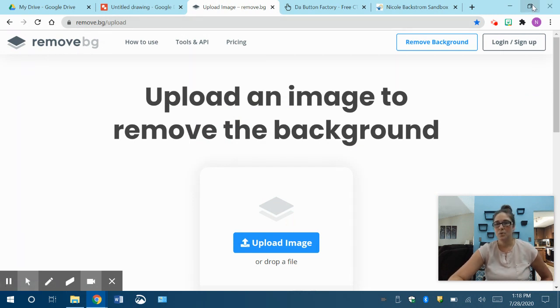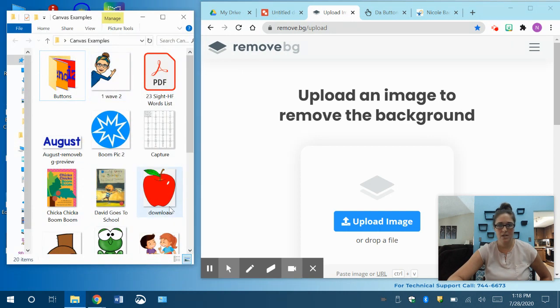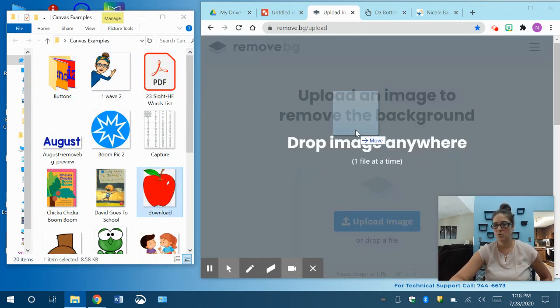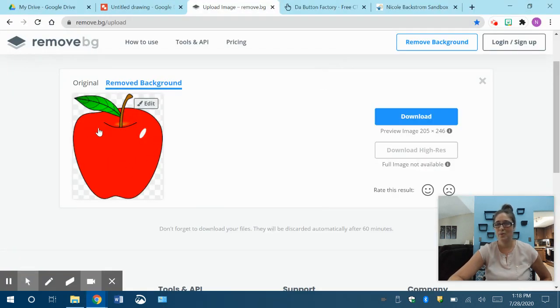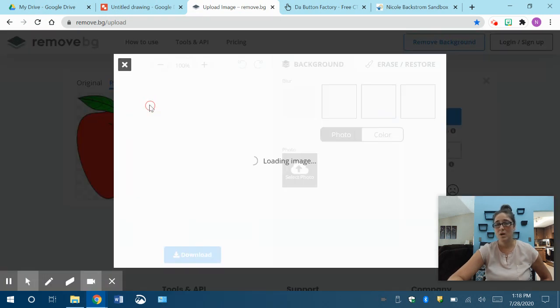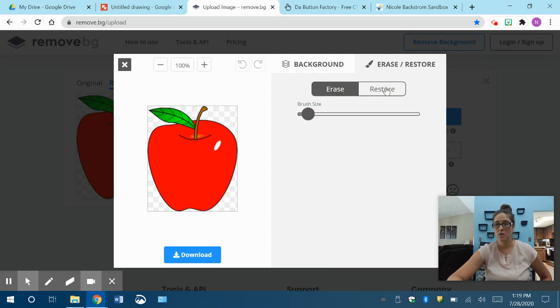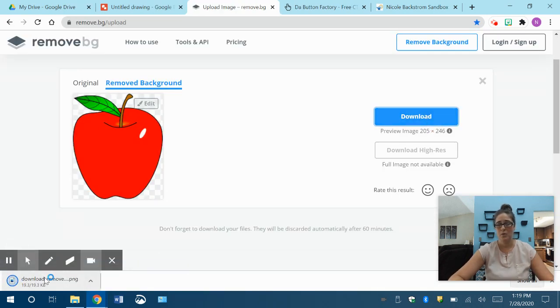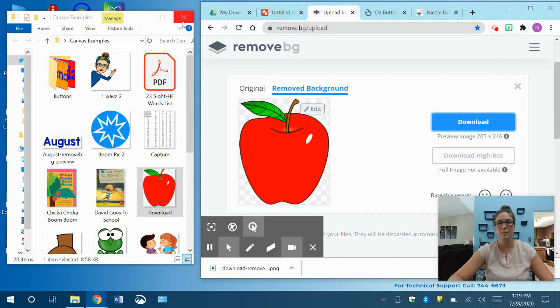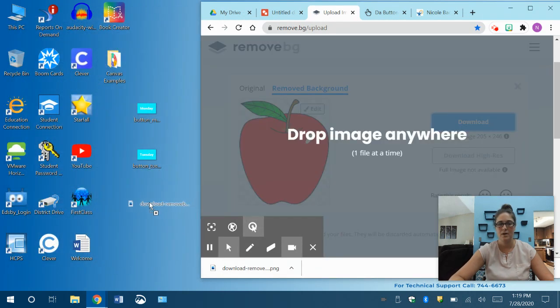Removebg, and it is pretty awesome. So let me pull up my image of that apple. All you have to do is take your image, drag it over, drop it in, give it a second to work its magic, and now the whole background is removed. If you want to edit and it removes something that you didn't want, you can restore part of it with a brush, or if it didn't erase everything that you wanted, you can erase it with the brush. But if you're happy with how it came out, all you have to do is click download, and right down here it's going to pop up. Let me minimize this. It's going to pop up right here,